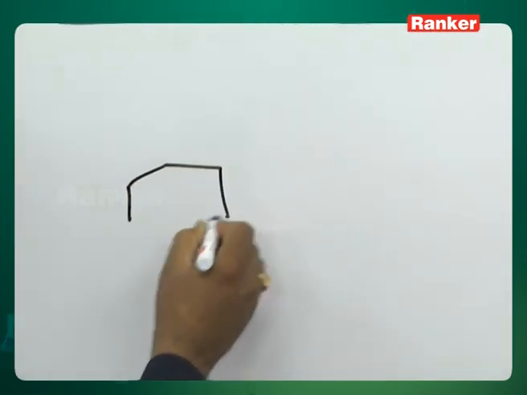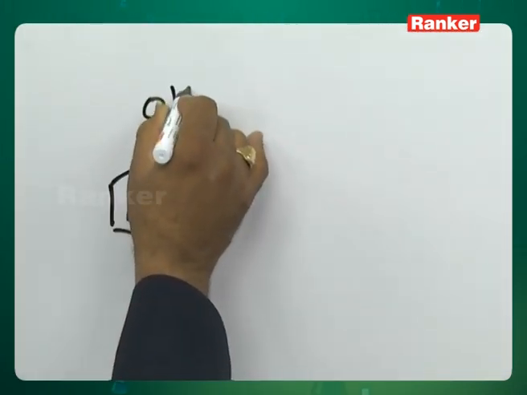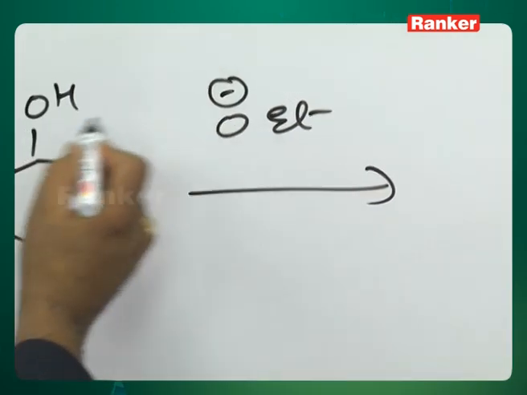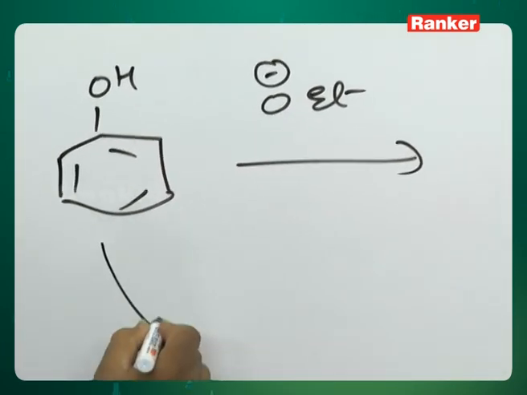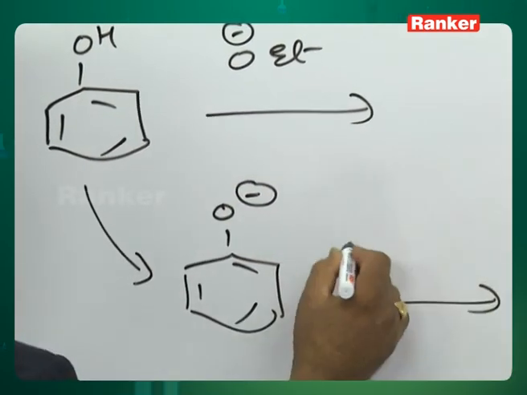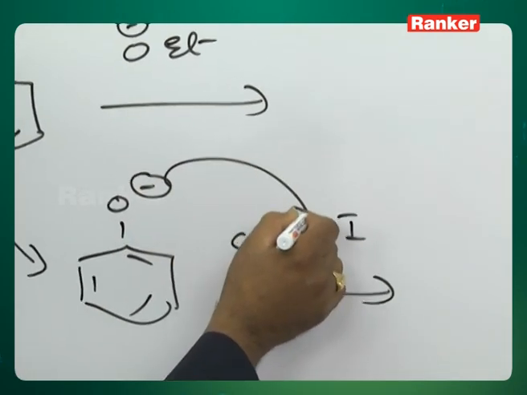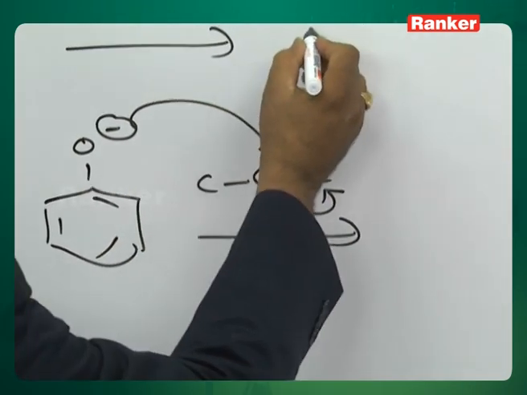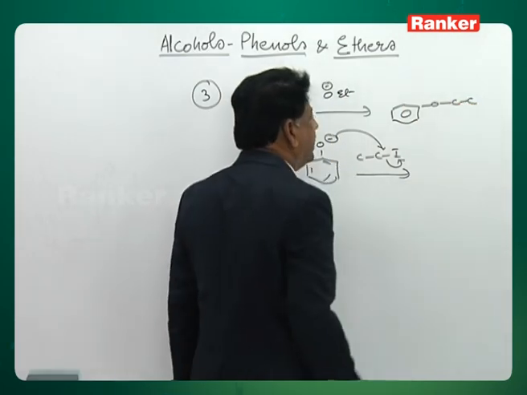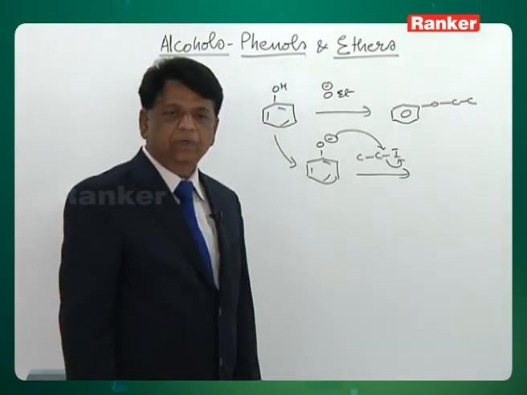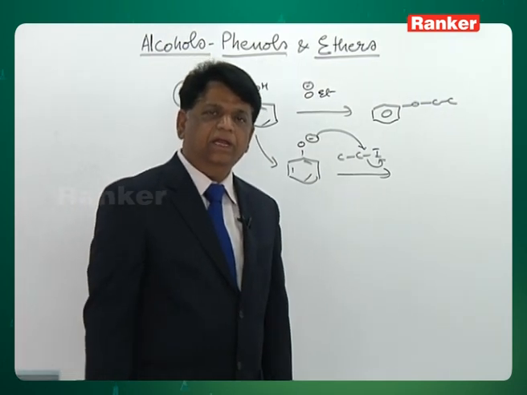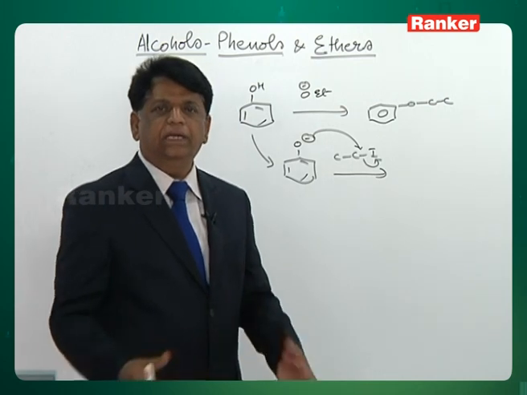Phenol, with a strong base like ethoxide, will react with the hydrogen and convert into a phenoxide. This phenoxide reacts with the ethyl iodide. It shows nucleophilic substitution, and you get a compound with phenyl on one side and ethyl on the other. This is a name reaction called the Williamson synthesis, in which one of the alcohol or phenol is converted into a sodium salt, the other alcohol is converted into the alkyl halide,